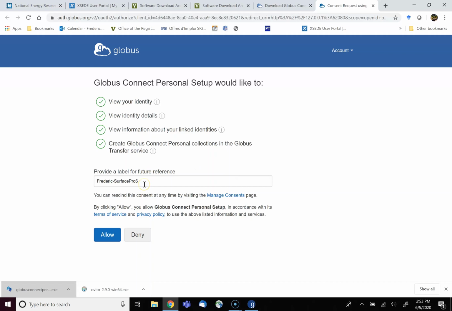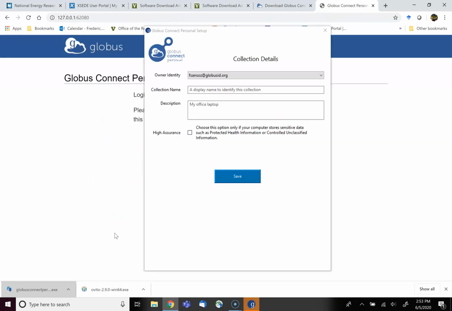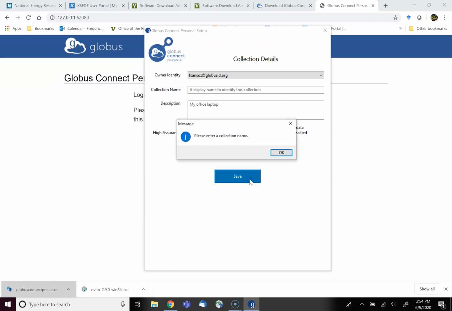So this one, okay, hello. I think this is going to be the name of my setup. Display name to know this collection. Sure, I think this. I'm not sure.